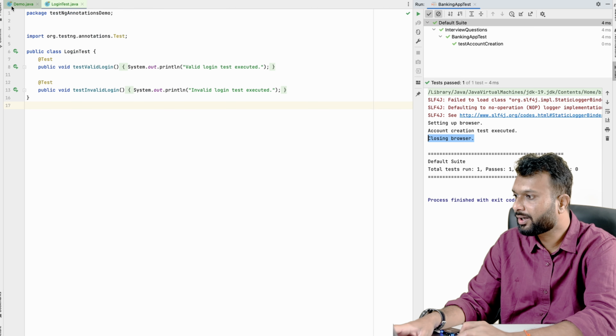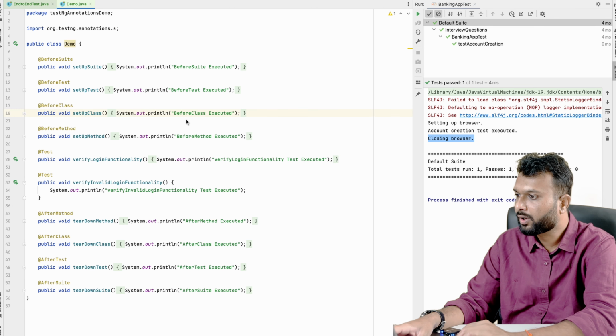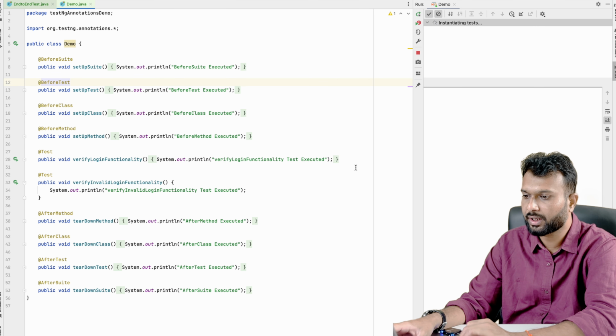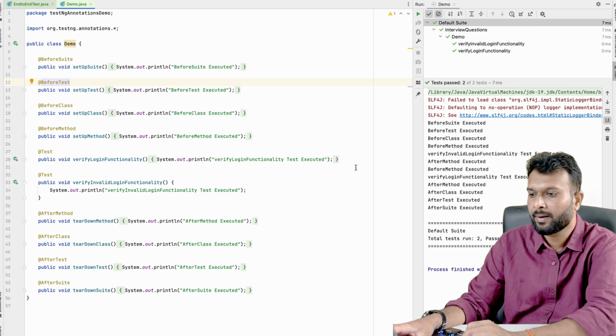So let's see another example. Here I have created a demo application, and here you can see all the annotations I have listed: before suite, before test, before class, and so on. Let's see the hierarchy, in which order it is going to execute. So let's say I am going to run the entire test, and